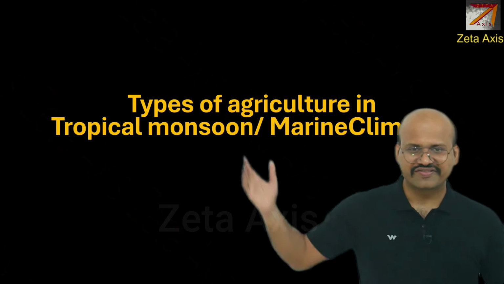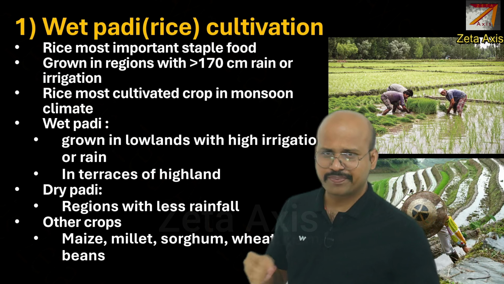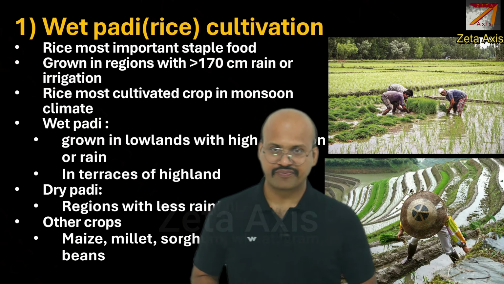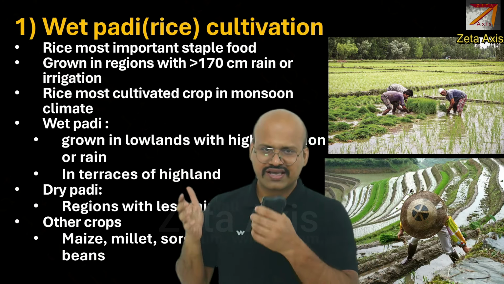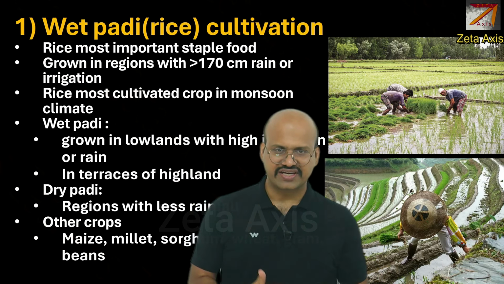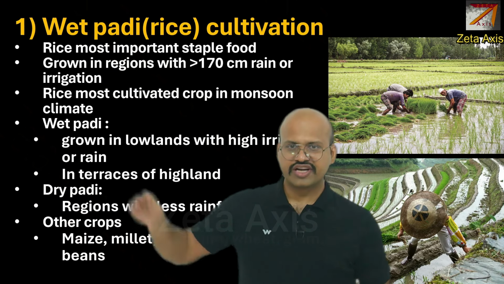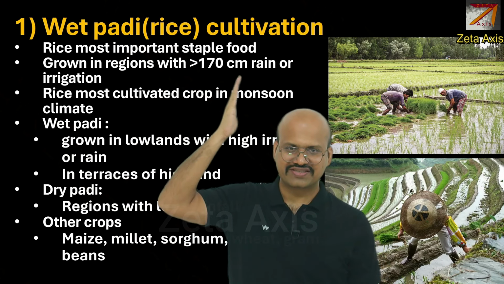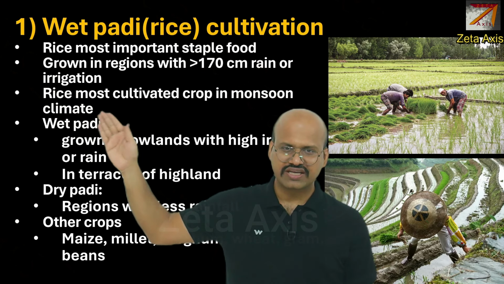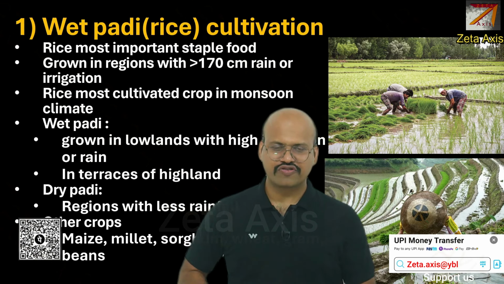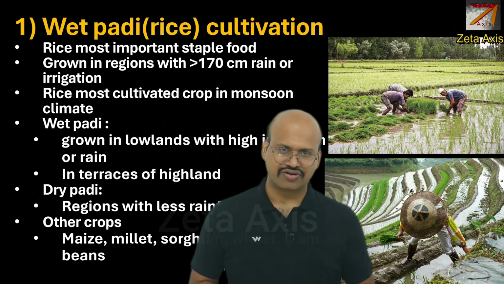Now let's try to understand different types of agriculture in tropical monsoon and marine climate. So the first is wet paddy or rice cultivation. Rice is the most important staple food of this region of the Indian monsoon climate, that is both in India, especially eastern India and southern India, as well as Southeast Asia. It is grown in regions with more than 170 centimeter rainfall or regions having sufficient irrigation. Rice is mostly cultivated only in monsoon climate. So if you see the regions which are outside of this tropical monsoon climate, very little rice farming